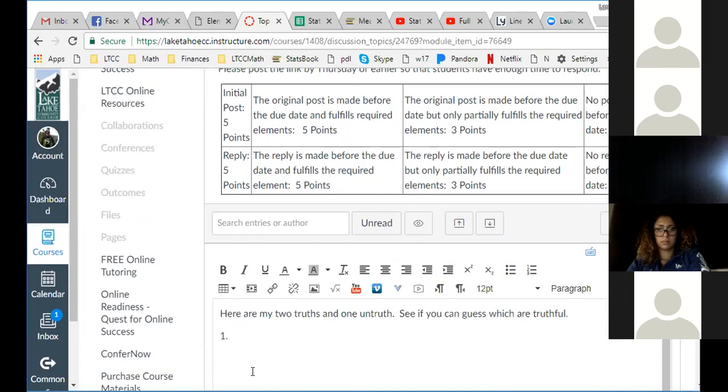Okay, so now I just got to make some up that may be truthful and may not be truthful. Like I said, it's really easy to use this system. You could do fancy stuff like boldface and italics. Sometimes you're going to want to use this equation editor if you want to put math in, which for this particular one you don't need to. So my truths are how about, or untruths, you never know.